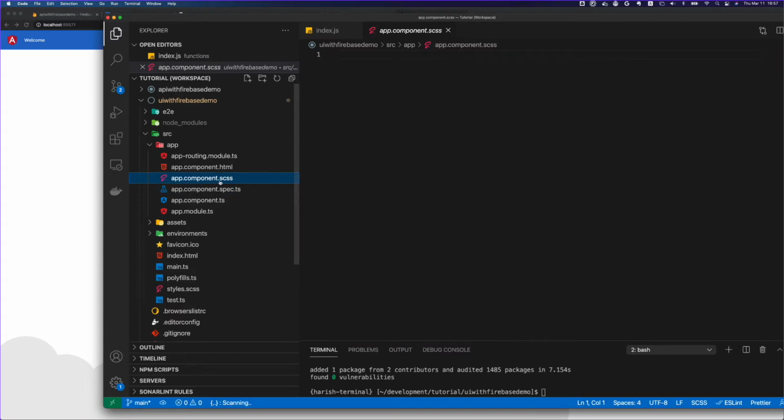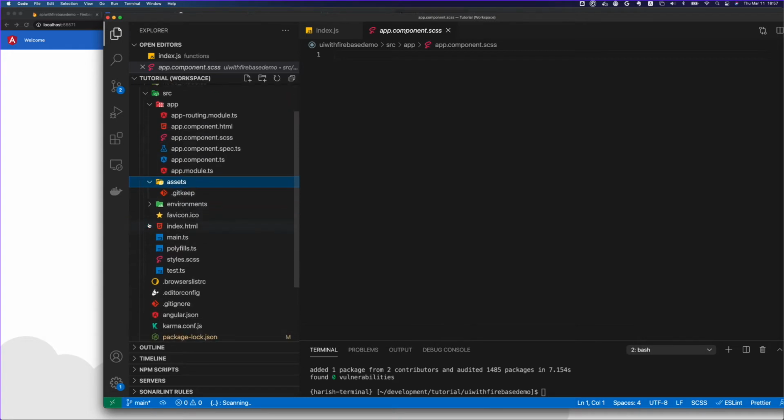This is where you can write your test code to unit test your application, and then you can execute it to test that. And then there is a SCSS file. Currently this is a CSS file where you can write UI modifications or CSS changes. Then there is an assets folder. Currently this is empty, but if you have some images or assets, like multiple language support, those kinds of assets you can provide here.